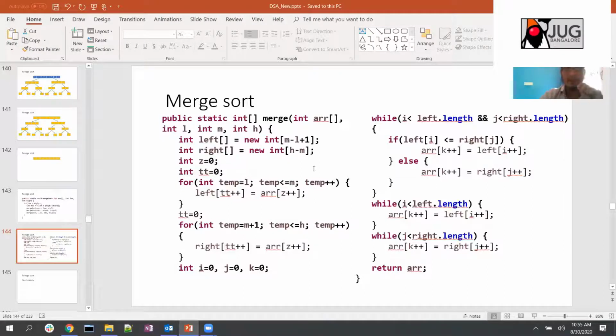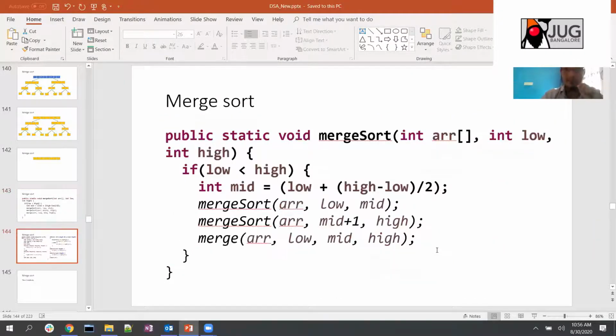So you take an array from exactly half into left and right, and then copy the elements till mid in the left array, and then mid plus one to the last element in the right array. And then you basically compare which one is smaller, and that you copy. The bigger element you copy later. That is how you compare, and once you realize that one of the arrays is full, then you copy the remaining elements in the left and the remaining elements in the right side. Finally you return the array. That is what you do here, right? And then finally this will be merged back.